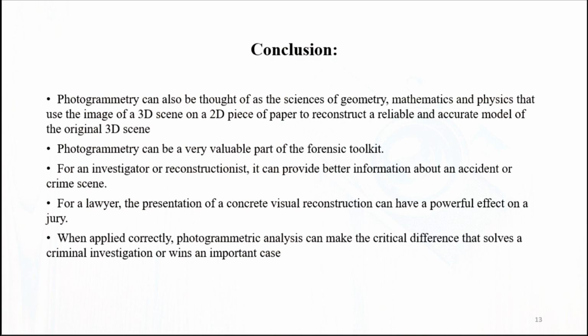To conclude, photogrammetry can also be thought of as the science of geometry, mathematics, and physics that uses the image of a 3D scene on a 2D piece of paper to reconstruct a reliable and accurate model of the original 3D scene. Photogrammetry can be a very valuable part of a forensic toolkit. For an investigator or reconstructionist, it can provide better information about an accident or crime scene. For a lawyer, the presentation of a concrete visual reconstruction can have a powerful effect on a jury. When applied correctly, photogrammetric analysis can make the critical difference that solves a criminal investigation or wins an